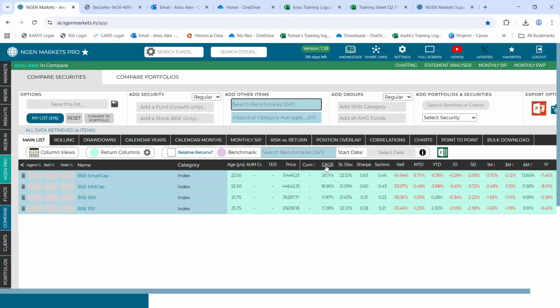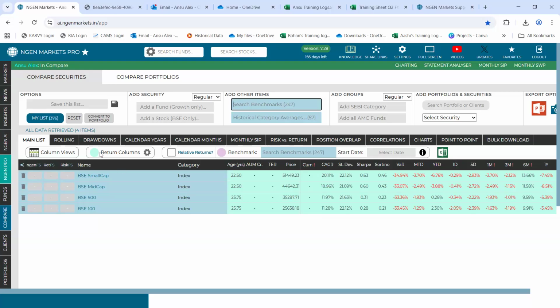One thing that you need to know are these CAGR, standard deviation, Sharpe, Sortino, and value at risk. Each of these parameters for any component that you load to this compare section will be since their inception. Now, if you wish to view this for a specific time period in the past, you will be required to set a start date.